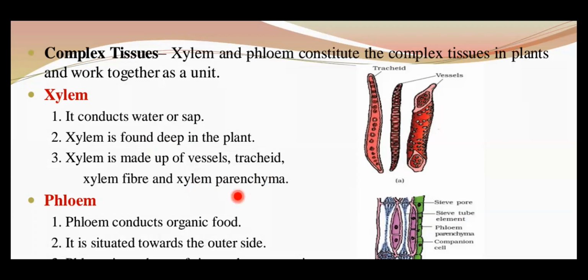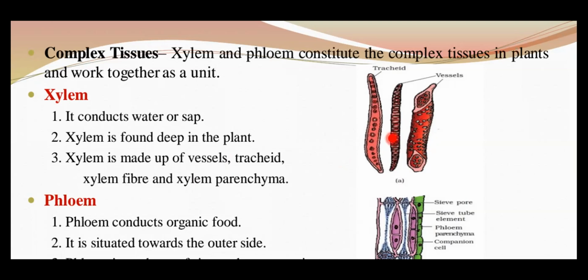Okay, and here important thing to be remembered here is gymnosperms, the plants belonging to the group gymnosperm, they lack vessels. This is very important. That means vessels are absent in gymnosperm. They are property of only angiosperms. Okay, that is again very important. Okay, and you can see the different diagrams here: vessels, tracheids.